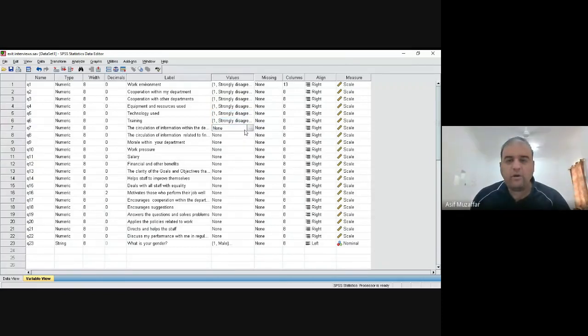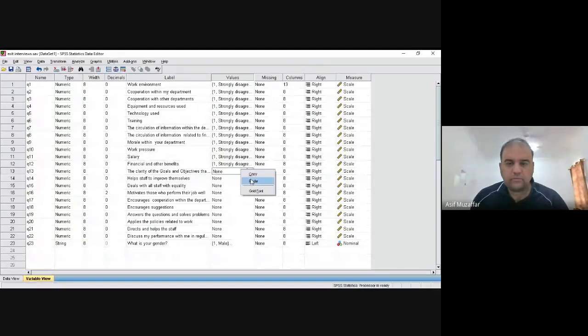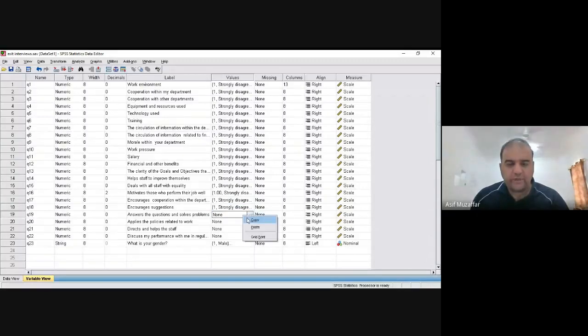So all of the questions which were on Likert scale, you can just simply paste it on them. So I just copied the first one. I don't need to add the scale on every question. I have just pasted on all of them.